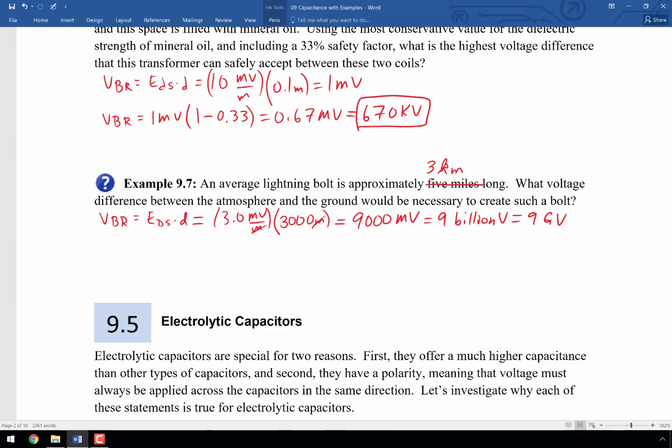So we're talking about thunder and lightning, which is typically going to happen during an electrical storm. And in that case, the air is not still and the air is not dry. The air is wet. And so what we find is that not only do you have the water, the rain droplets, but also the humidity inside the air itself is going to dramatically affect this E sub ds quantity. The calculation that we did was valid given the inputs that we had, but in reality it's closer to 5% of this value,